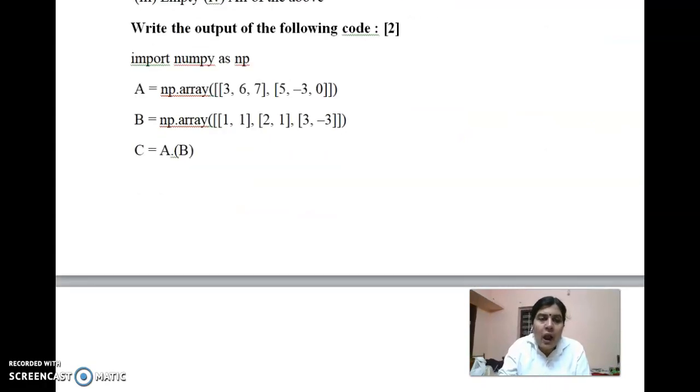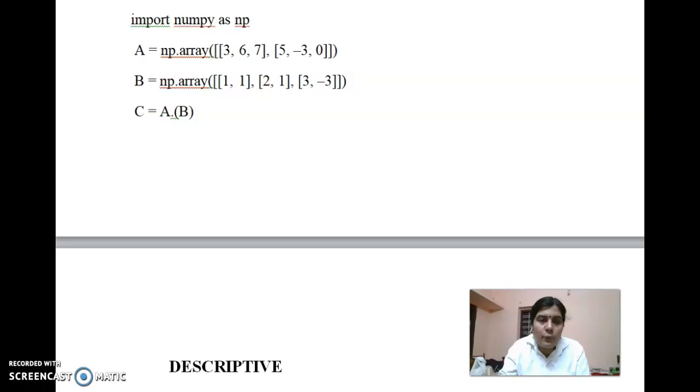Then next is, write the output of the following code. The output means A.B. A.B means A into B. So here it is an arithmetic operation. So the index will be there: 0th index and 1 index, 0, 1, 2 index, because inside this list are the elements.